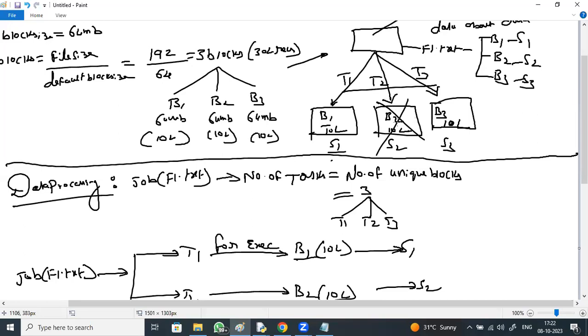When the slave is down, this T2 task will fail. 10 lakh records are lost, which means huge loss, right? If it is sensitive data like banking data,